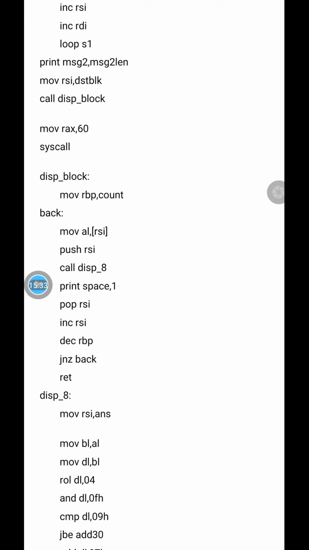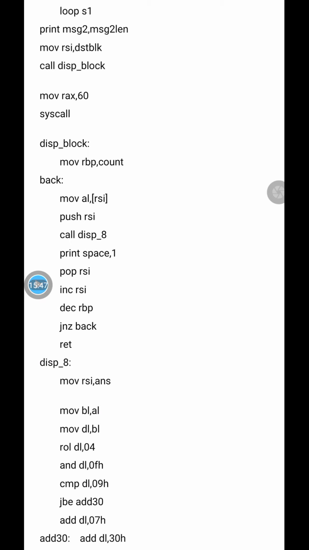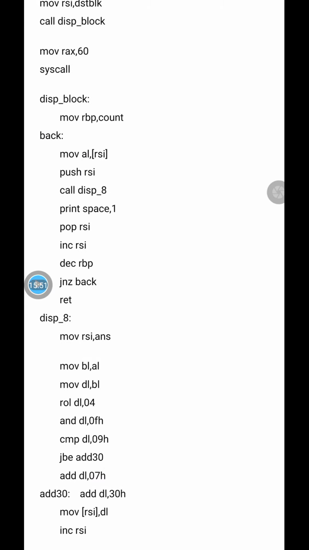So here we have used the instruction push RSI. What this instruction will do is push the contents of RSI, the RSI value, on the stack, so that whenever we call disp_8 again, we are using the same register.